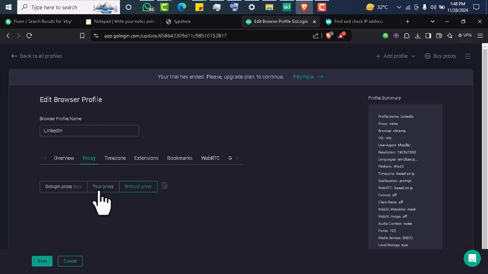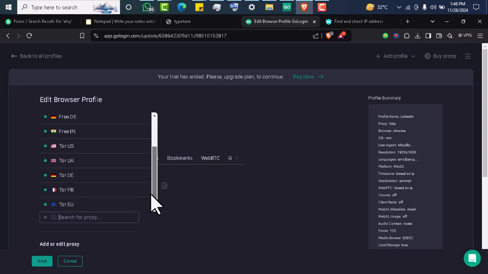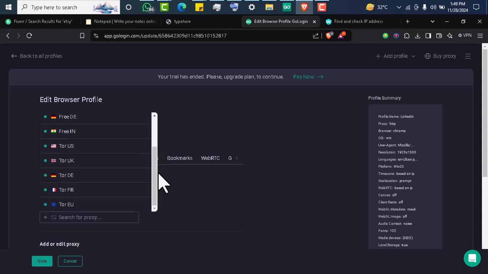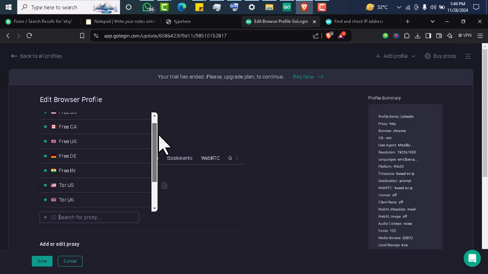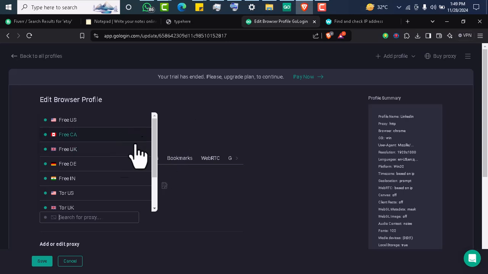Then we have the proxy, which is what I was talking about, that determines our location online. You can see they have free proxy. Instead of you buying it from here, with most of the internet browsers you see outside there, you have to pay. They don't give you a free proxy. You have to either use maybe a VPN and stuff to replicate that. But right now, with this anti-detect browser, they give you a free proxy, just like they give you a free VPN,